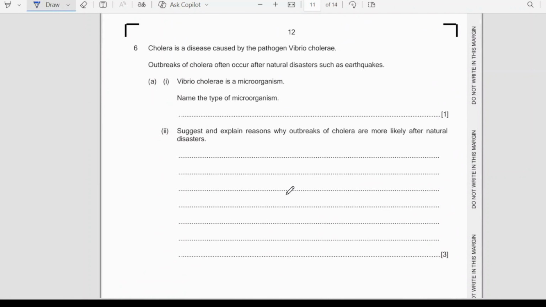Okay, cholera. How does cholera work? Bacterium. Okay, let's discuss this working. Number one,